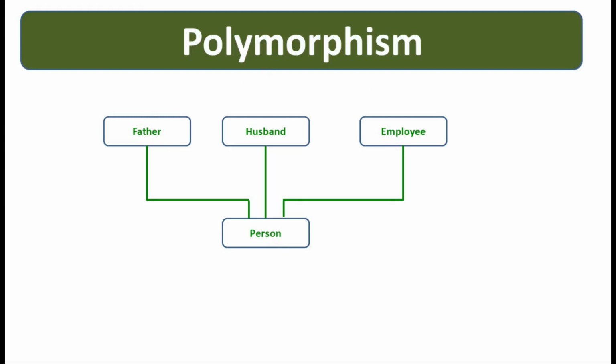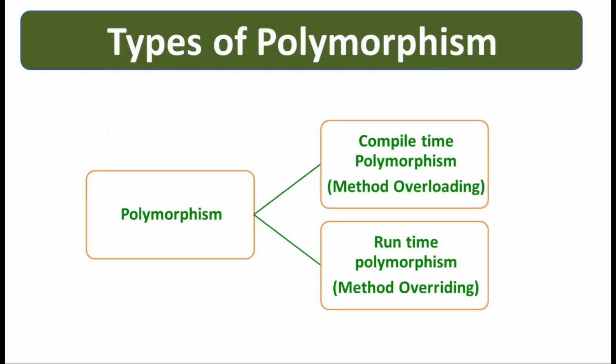You will better understand the implementation of polymorphism in the upcoming classes. As part of this lesson, you should just simply understand polymorphism is having more than one form. There are two types of polymorphisms. One is compile time polymorphism and other is runtime polymorphism. We achieve compile time polymorphism using a concept called as method overloading, and we achieve runtime polymorphism using a concept